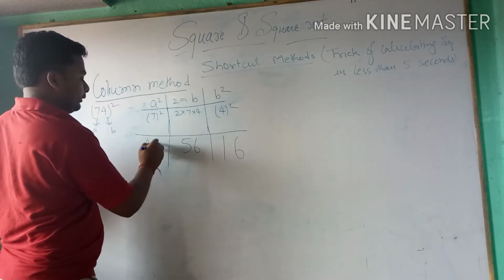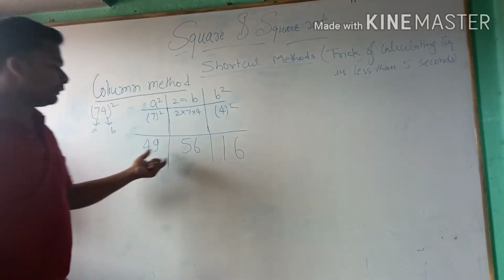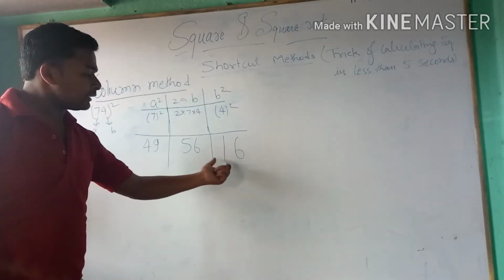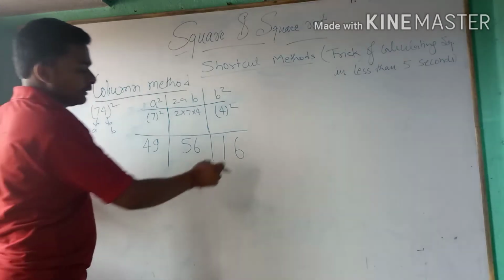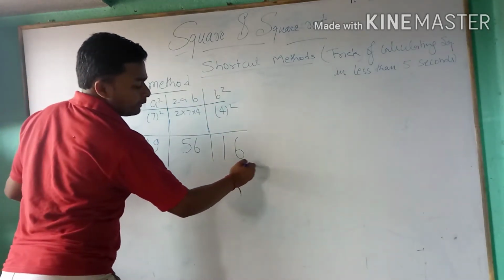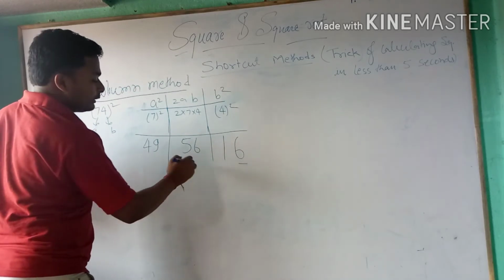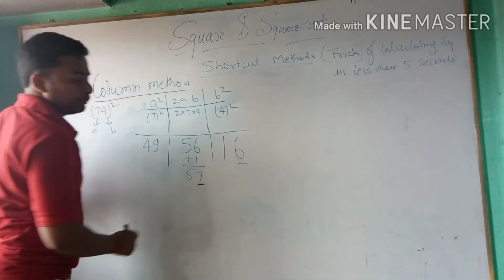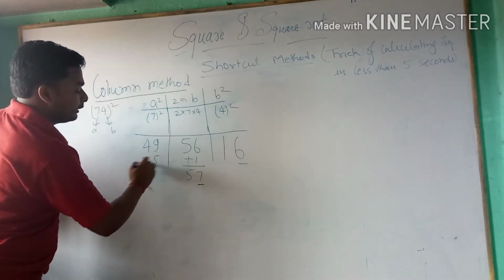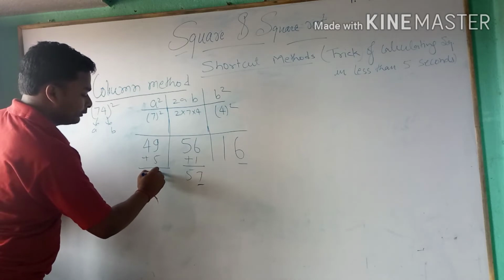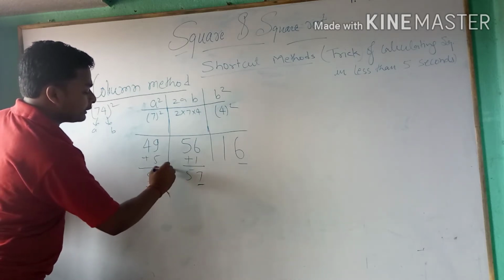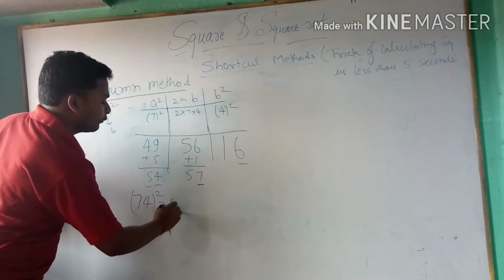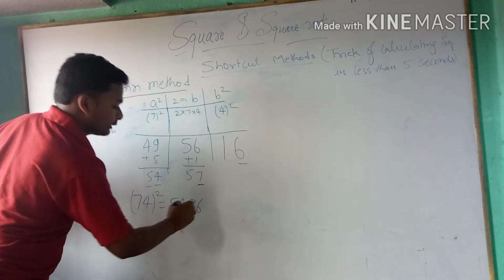And this is 49. Now my dear, you can see that everywhere there is a 2-digit number. So we will just consider the unit place and the rest will be carried to the next place. We will start from the last one. This is our required digit. This is left, this is extra, so it will be added here. It is 57. Now it is one place. This 5 will be added here. And finally this is your answer: 74 square is equal to 5476.